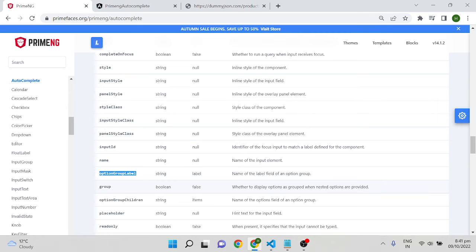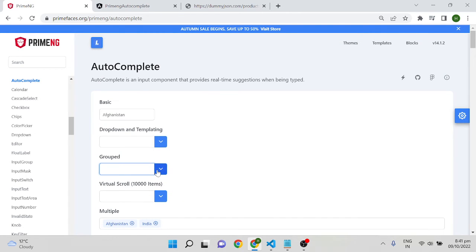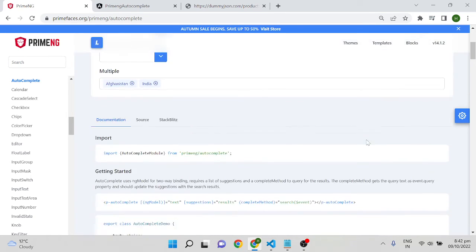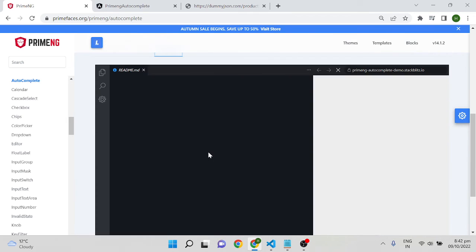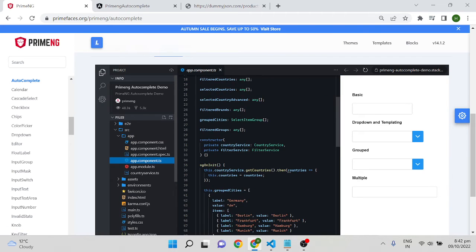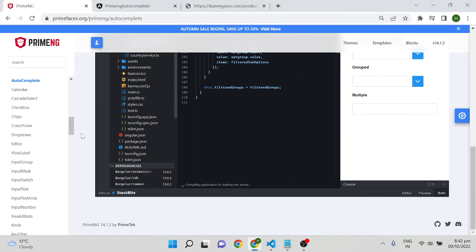Then option group label, group, option group children. This is for grouping an autocomplete section. I'm not covering that because for that we need another JSON structure or API call. In order to understand that, you can go to the documentation and StackBlitz, and if you click on the project section in the src folder, app.component.ts, the structure of the group elements will be like an array of main label and value, and the sub label and value, sub items. You have to show it like this with a label and value. If the item's name is different, that's what the option is. You have to give it under